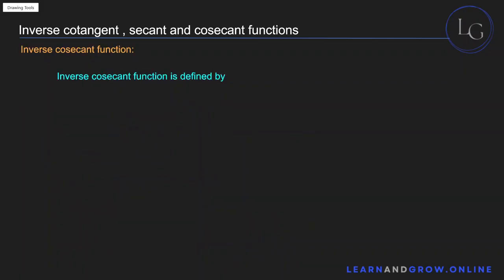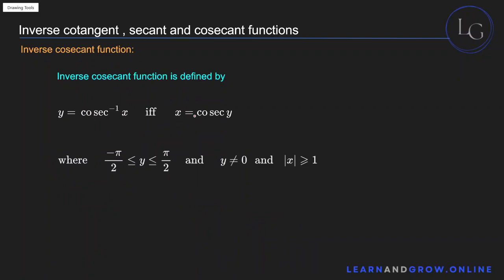Okay, so the inverse cosecant function is like this, and again, it's the same for x. The absolute value of x must be greater than 1, so it will always be less than -1 or greater than 1, nothing in between. So when you plug in those values over here and take the inverse cosecant of those values, you'll get a value of y that is between -π/2 and pi/2, but not including 0. Okay, so yeah,